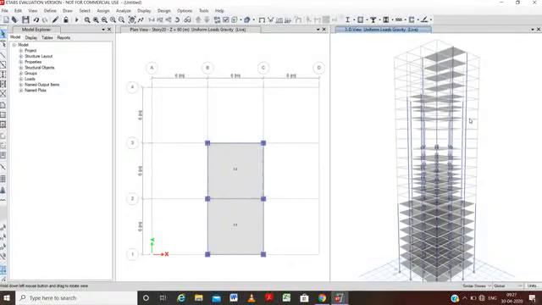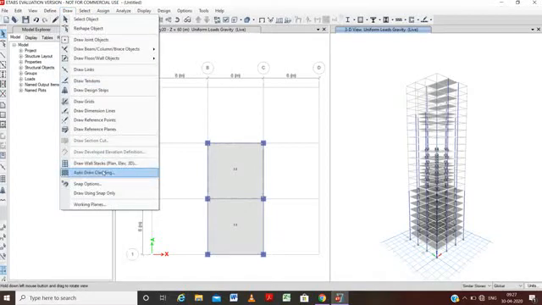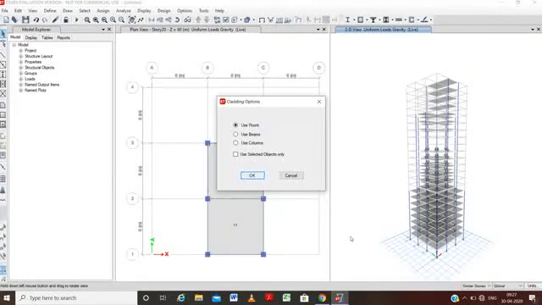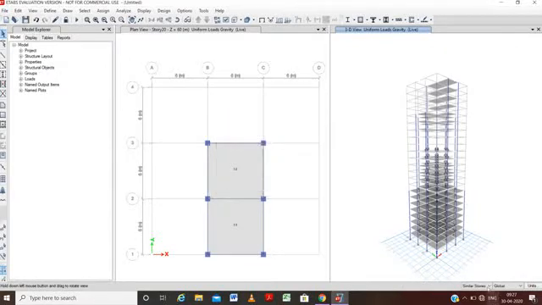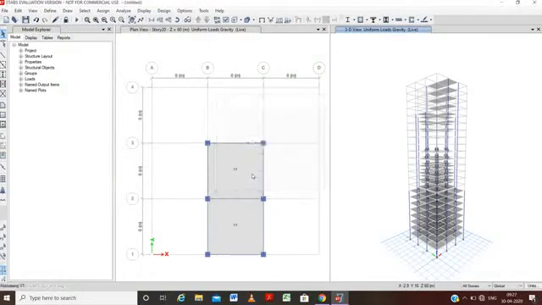This is the building given. We'll provide the auto cladding now. Go to draw and auto cladding, all the floors. Before this I will use the all stories option. So draw, auto cladding, and use floors.